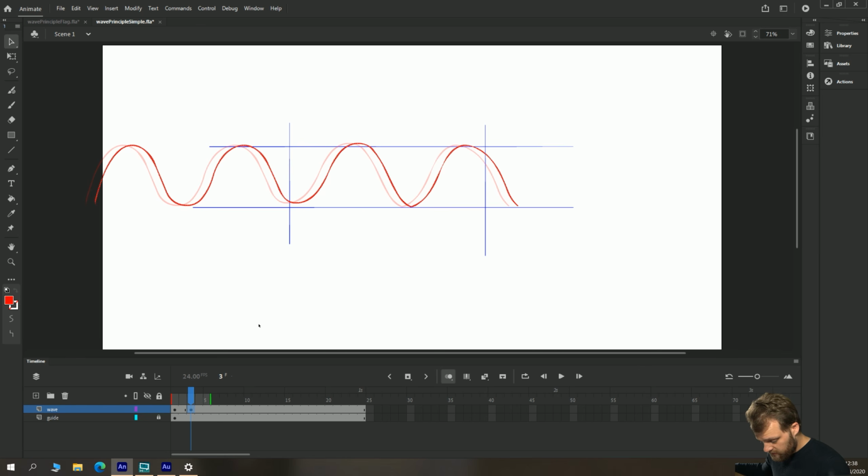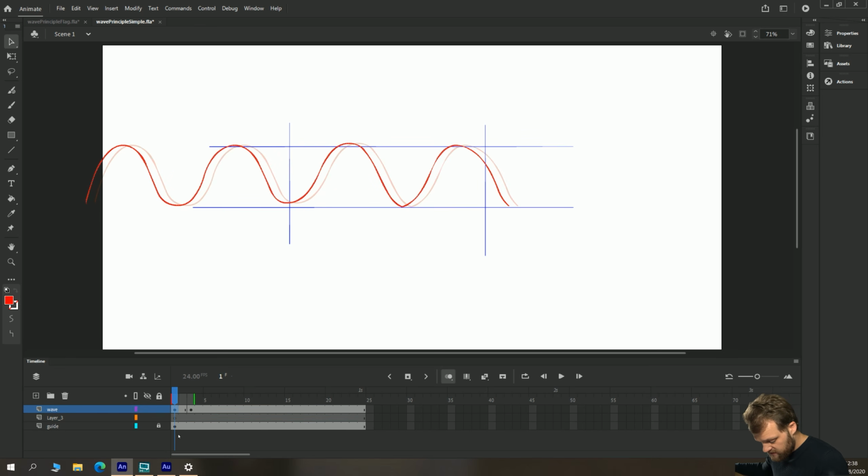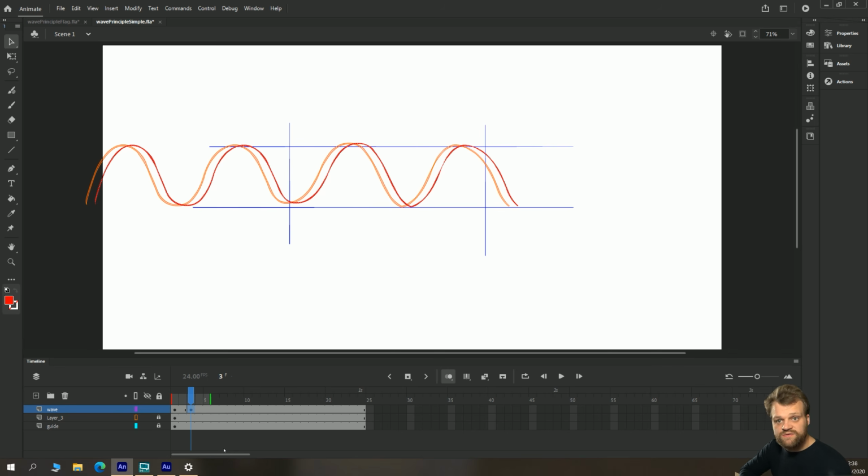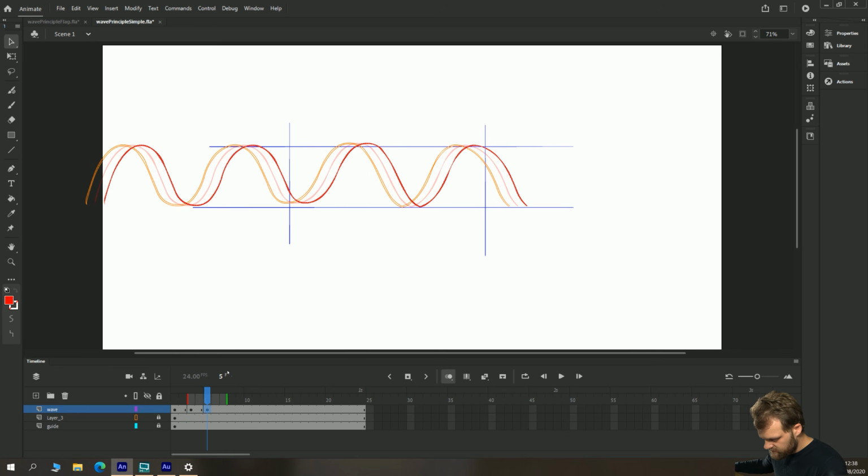Now, because we've got our onion skinning on, it might be useful if we make a wave underneath that has the position of this first wave pasted exactly in place, which we can turn onto a guide layer and lock that away. What this means is when we move our wave along, we'll still have that original position to use as a reference point. So I'll just create another keyframe and I'll just move along a little bit more as well, trying to keep